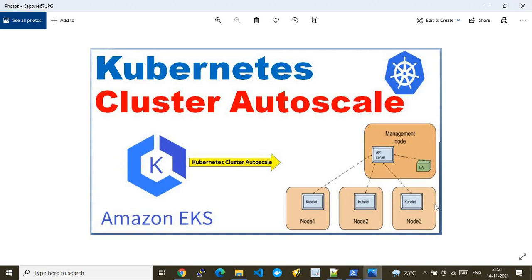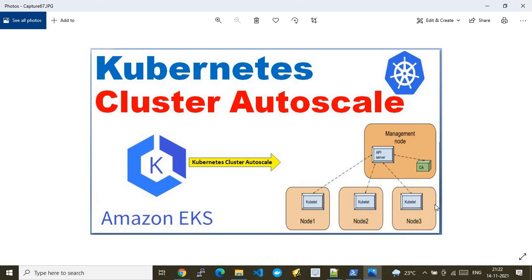In the previous video, I explained the HPA, that is, horizontal pod autoscale. When demand increases, or network traffic increases on an application running on a Kubernetes pod, the pods automatically get horizontally scaled up. Let's say at rest the pod number is 1, and as the network traffic to that application increases, the horizontal pod autoscaler will automatically increase the number of pods running in the EKS cluster.